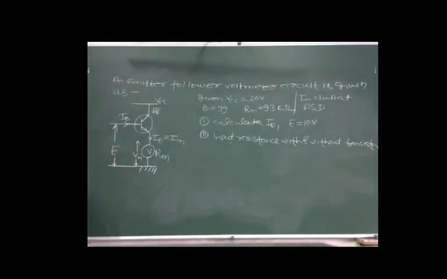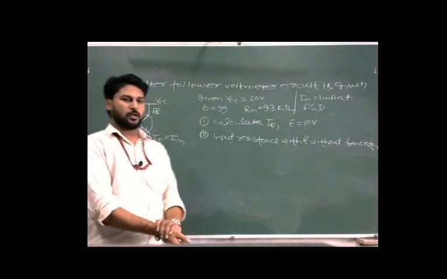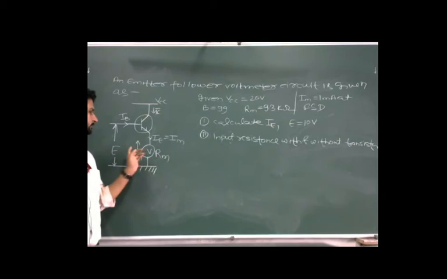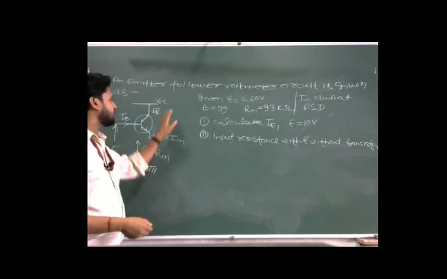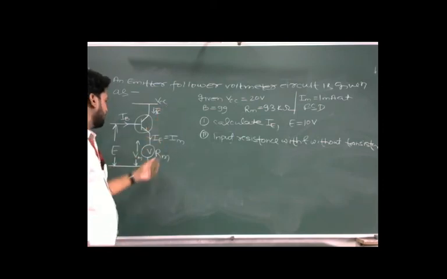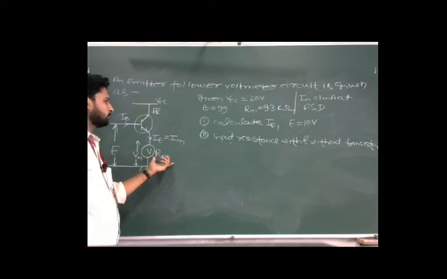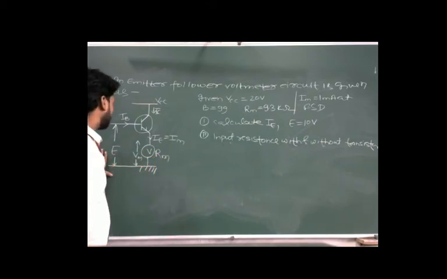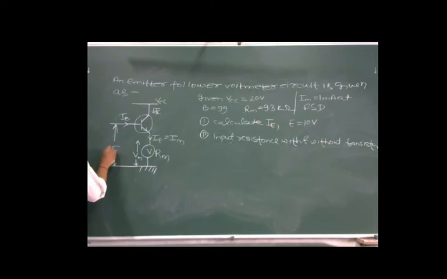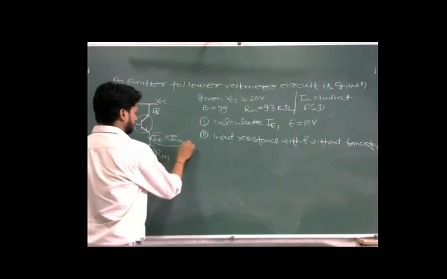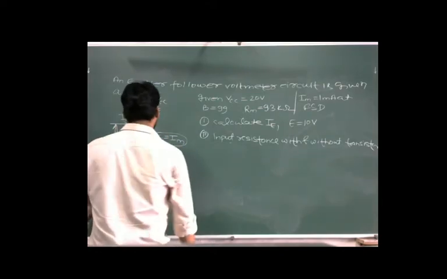Emitter follower voltmeter circuit is given. The value for the VCC is 20 volt. Resistance of the voltmeter is 9.3 kilo ohm. The question says that when the input potential is 10 volt, calculate the value of current through the voltmeter. Means